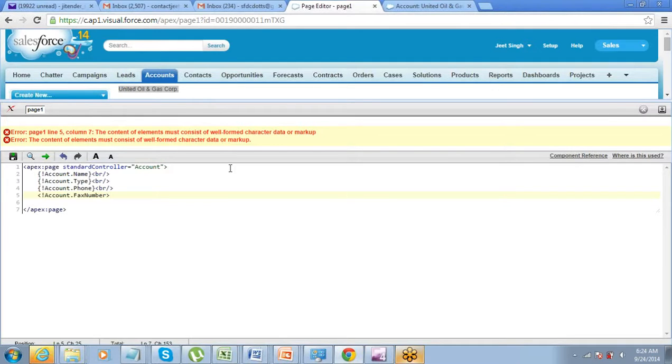Who can tell me what went wrong here? Account dot fax number. Why? How did you think that it's talking about account.fax number? From the column number. Brackets are not there.